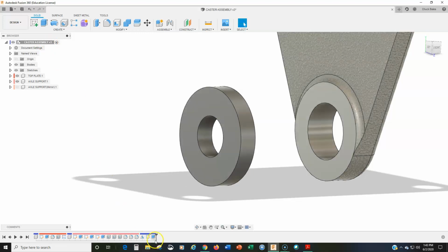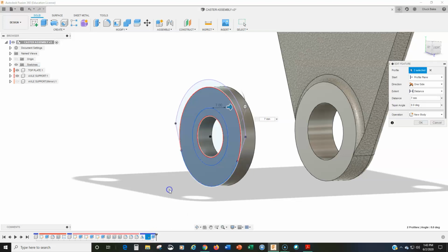So I don't want to do that. I'm going to go back and I'm going to right click. Again, I'd like to say I did this on purpose, but maybe if you believe that, it's okay. But I'm going to go down to my extrude action in the timeline. I'm going to right click and go to edit feature. And here, instead of new body, I'm going to go to